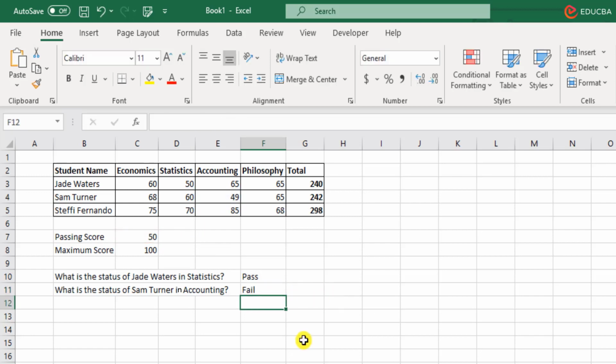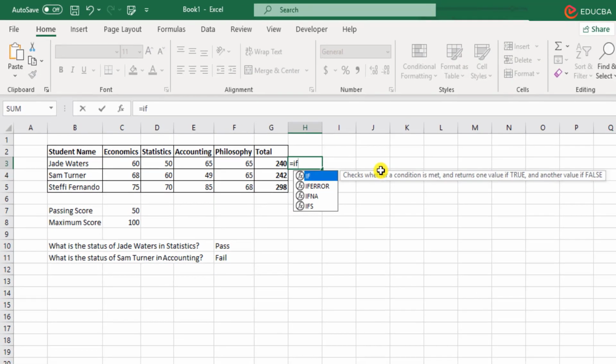Now moving on, let us also check whether the student has passed overall, wherein if the student has scored at least 50 in each of the subjects, only then he or she is considered to have passed. Even if they would have failed in at least one subject, overall they would be considered as failed. And how do we do that? Here we'll use an if function. That's if